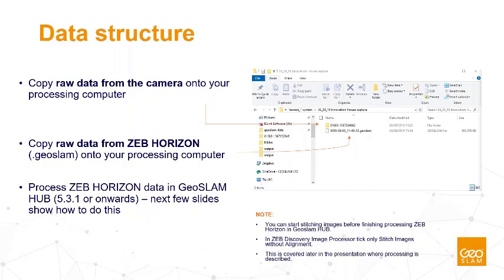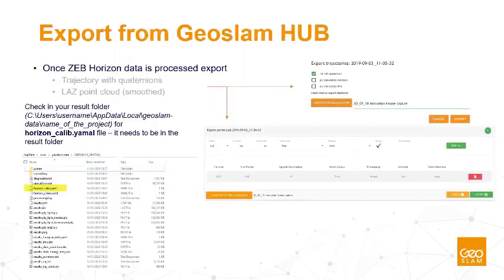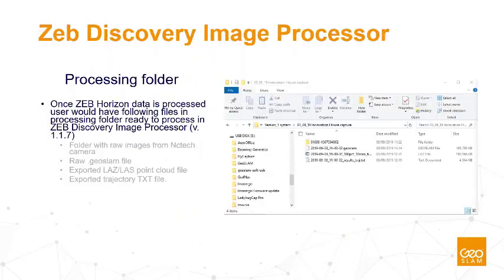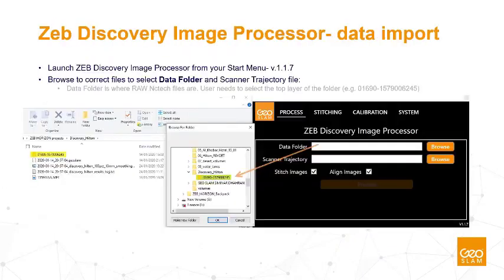This presentation I can provide to all of you is done by our application engineers and explains really step by step the workflow of the data. So you first do the processing of your Horizon data, and then you copy the data from the camera on your computer, and export the data and trajectory in the correct destination.